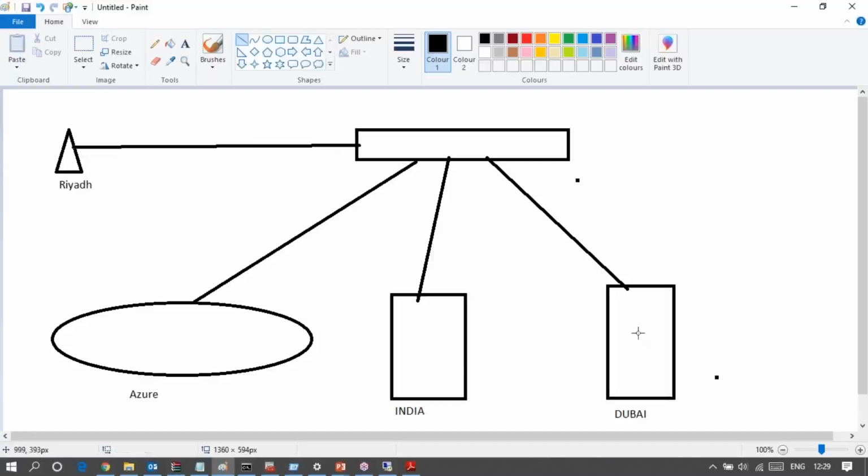That is the basic funda. But yes, choosing the nearest location depends on the routing method. So the user will be redirected to the nearest location. If the user is sitting in Riyadh, the nearest location would be Dubai. So the user can be redirected to Dubai, right?